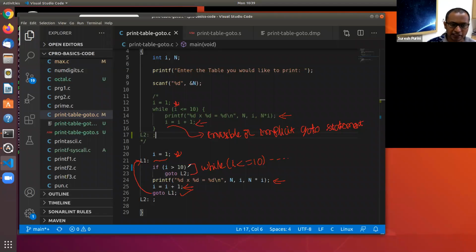Let's say if I is greater than 10, then this go-to statement gets activated. And when this go-to statement gets activated, control will go to the statement on line 27, because on line 27, label L2 is present.